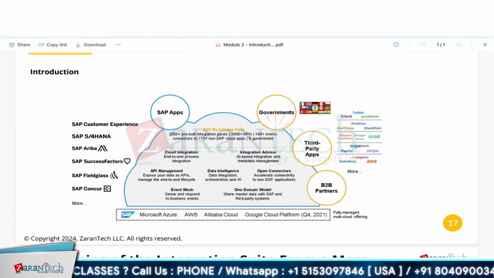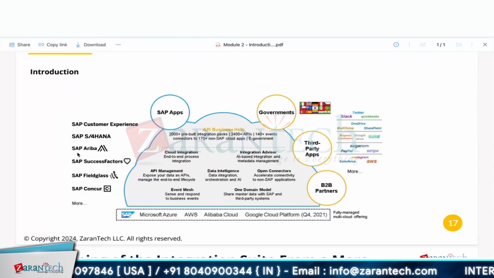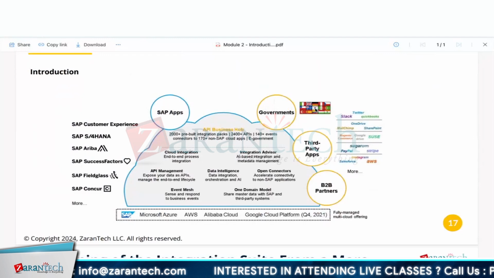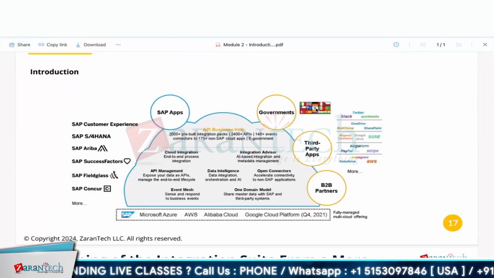To be more clear, let's take an example. I have an Ariba system, or a Fieldglass system, and I want to connect to my government agencies. In olden days, we used to have prepackaged solutions available from PO, and we leveraged those.